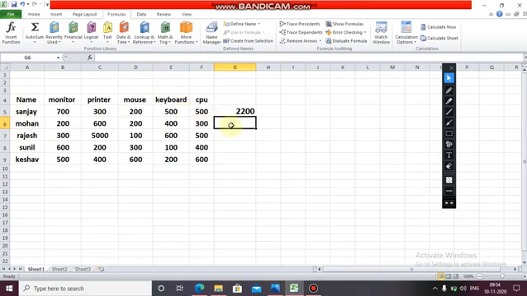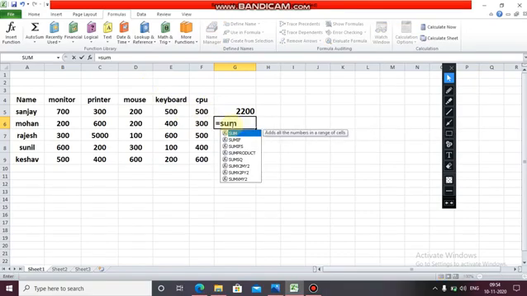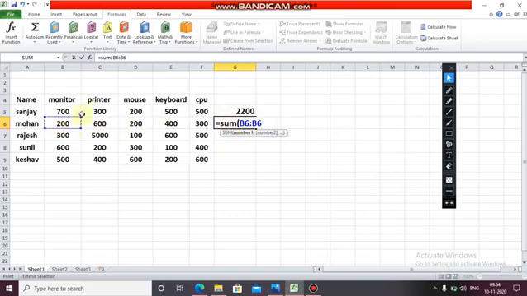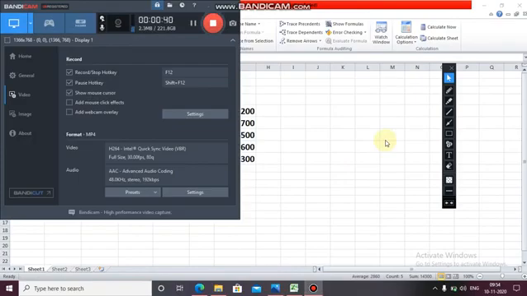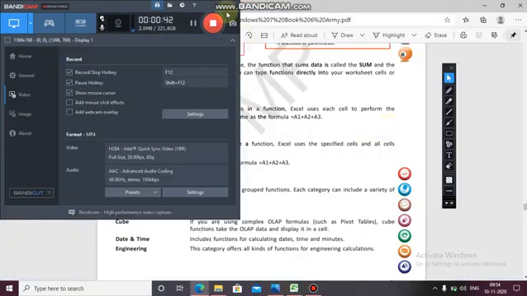Once again, equals to SUM, parenthesis, B6, colon, F6, bracket close, enter. Okay, and again you can use the autofill feature. See, so this is the way you can perform your calculations using SUM.